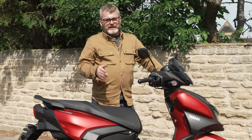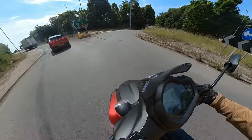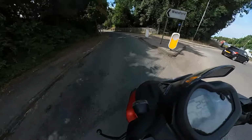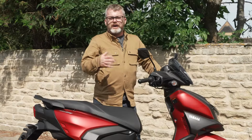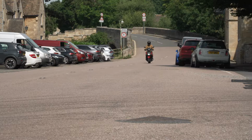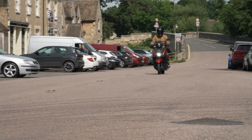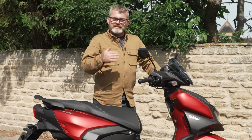One of the great things about it is that it's got a really sharp throttle response. Now normally in scooters you've got a little bit of lag. You turn the throttle and there's a bit of a lag because they've got CVT belt transmissions. Yamaha have put something on this that they call a power boost, which is a mild hybrid sort of thing where it's got battery assistance at really low RPM, and it surprisingly is very strong away from the lights. It's also got stop-start technology, so the engine gets cut out if you're at the lights to save fuel